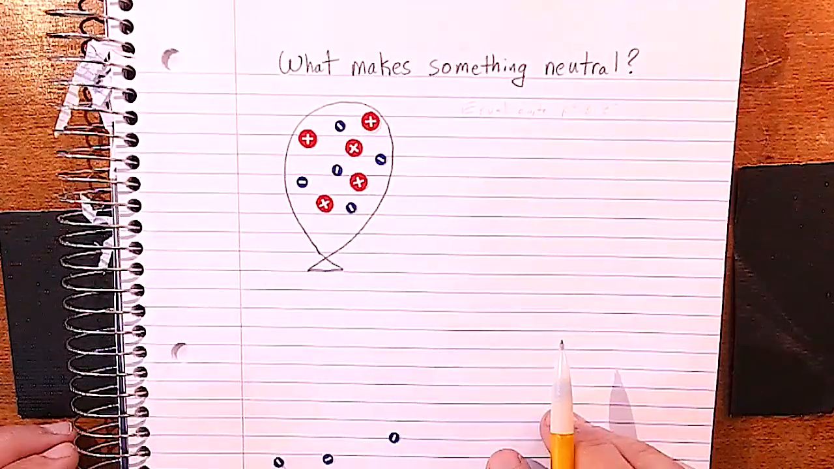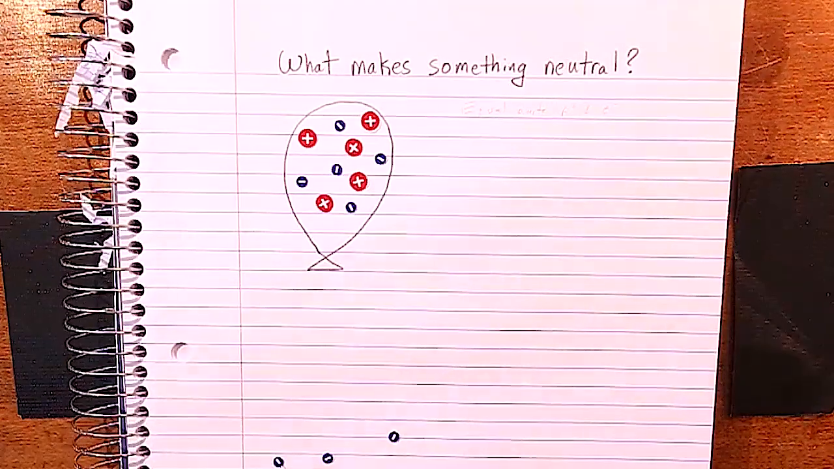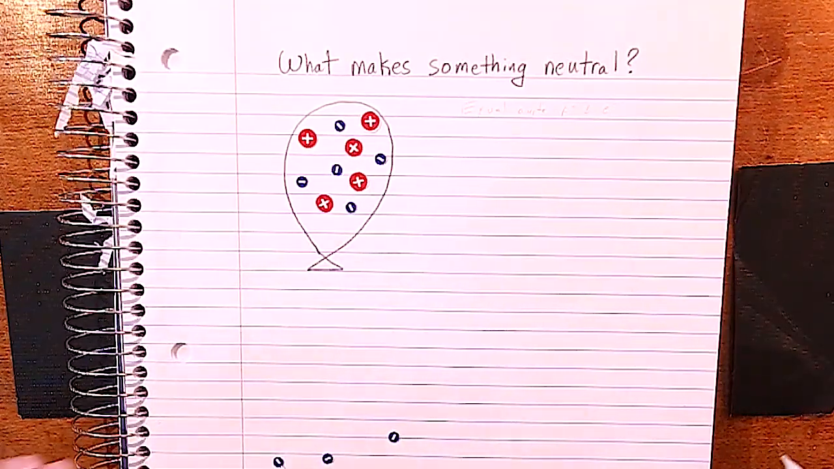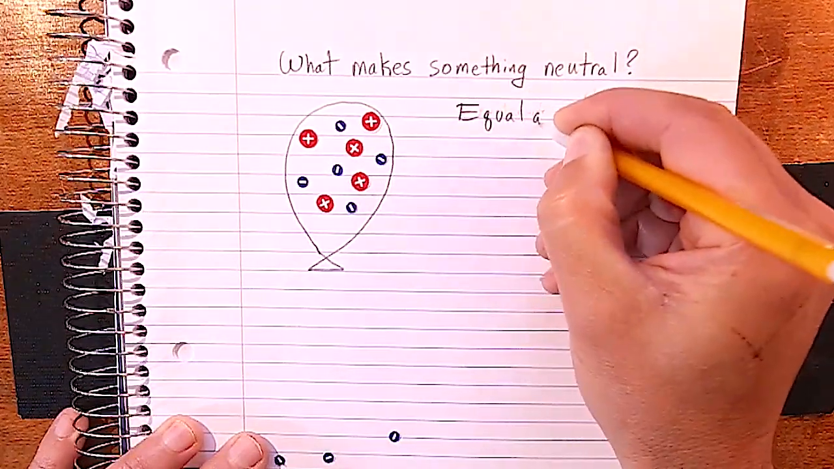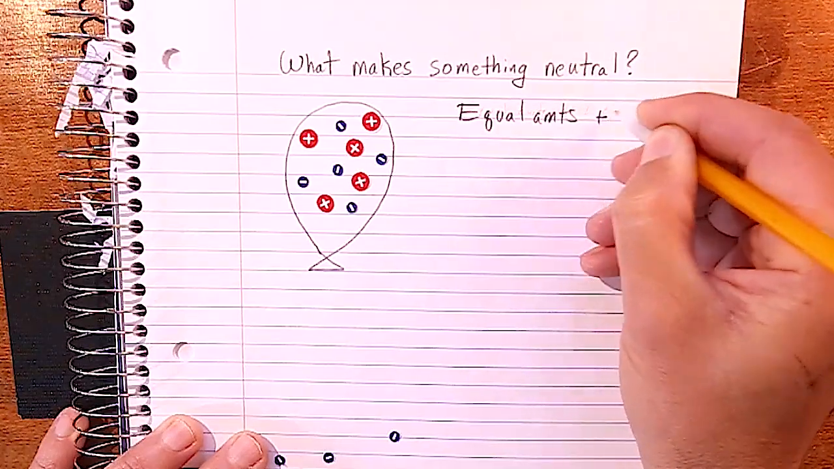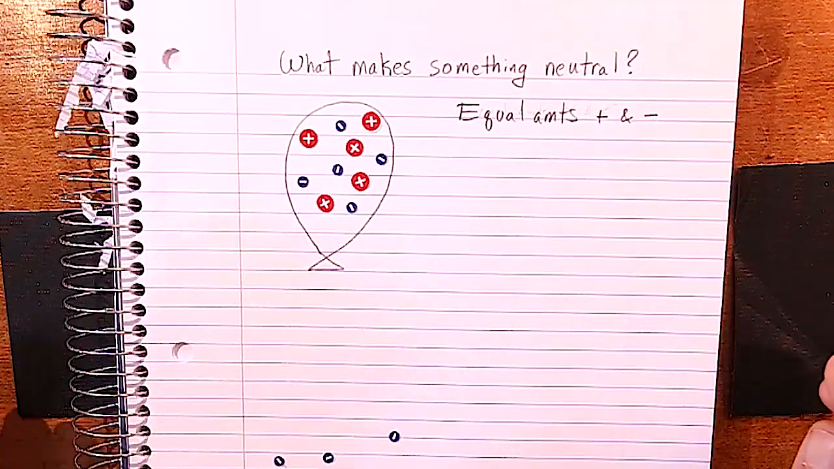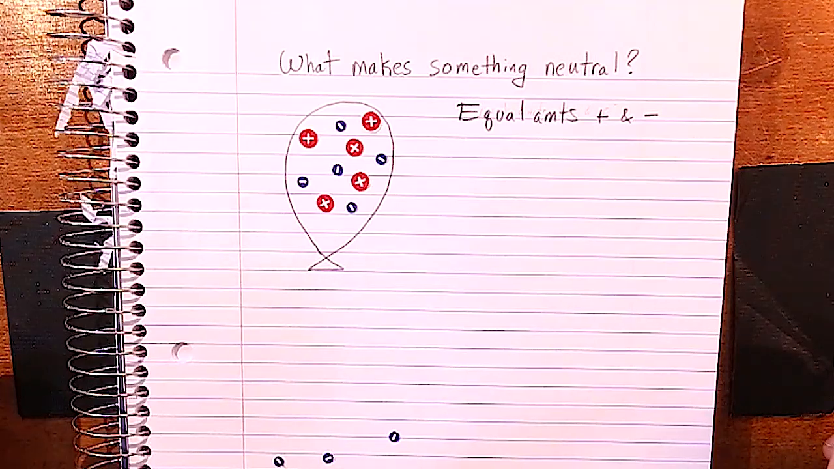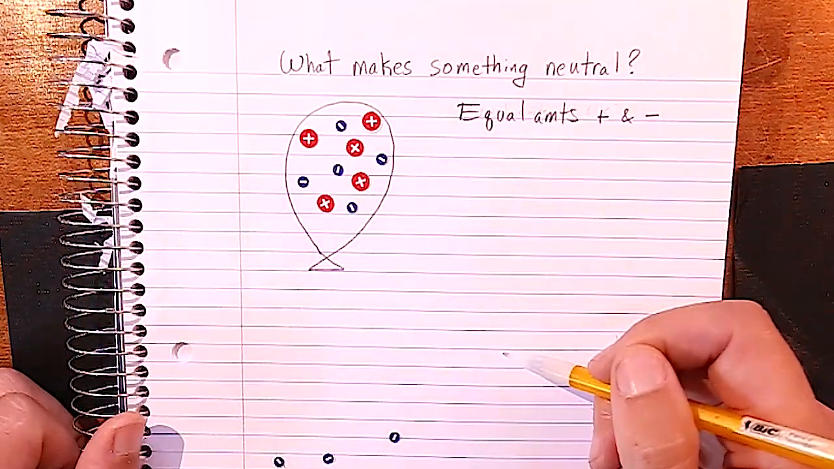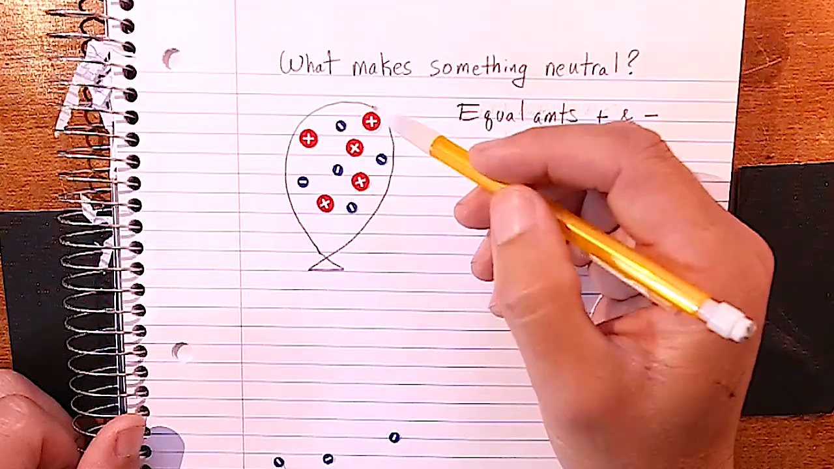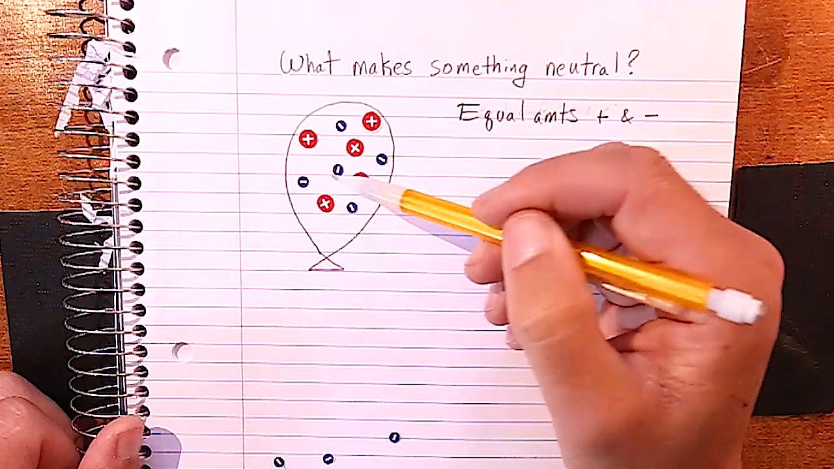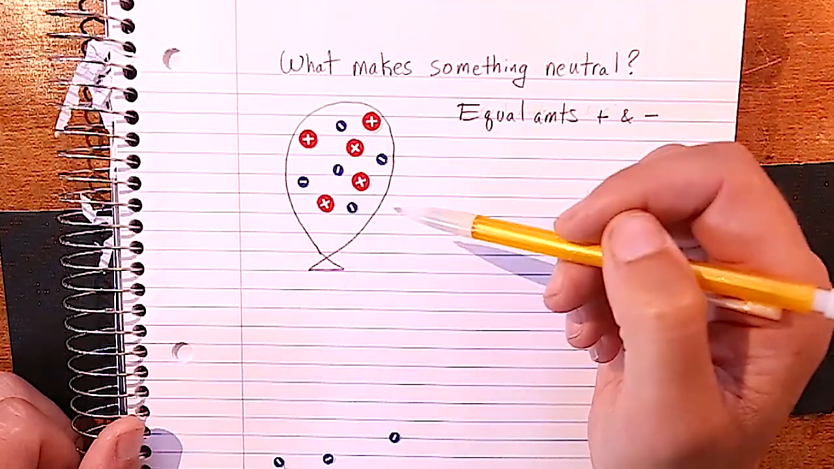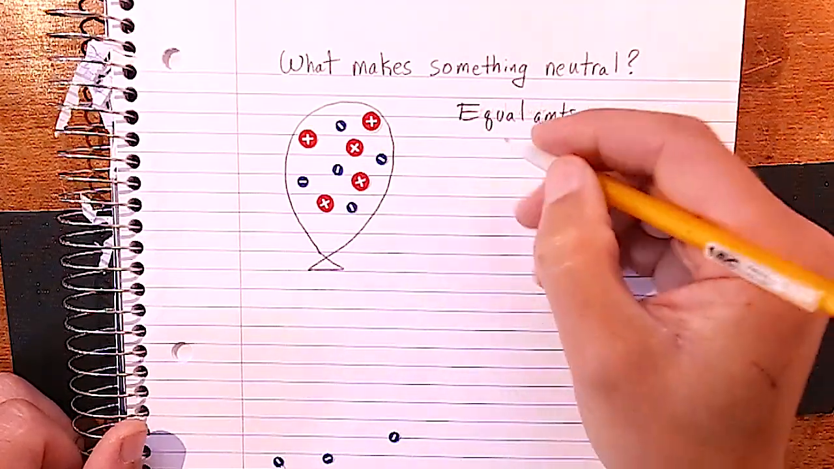What makes something neutral? So why would an object be neutral? Most objects are neutral, and the reason that objects are neutral is because they have equal amounts of positives and negatives. In this case, protons and electrons. So let's say we have a balloon, and in this balloon we can count up our protons, 1, 2, 3, 4, 5. We count up our electrons, 1, 2, 3, 4, 5, and we have equal amounts,